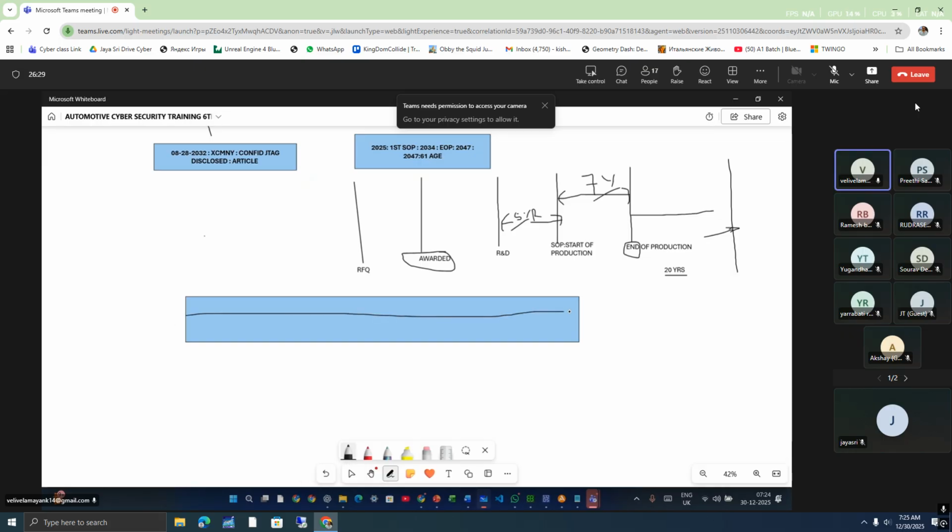Kalyan, repeat the steps. Serial number, asset, CS properties, damage scenario, threat scenario,